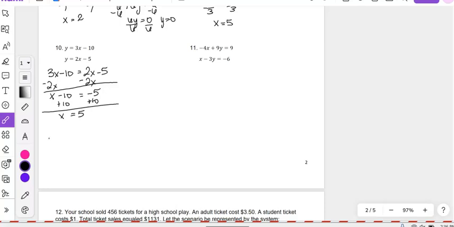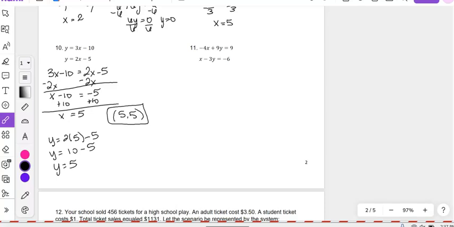So let's do the second equation. Y equals 2 times 5 minus 5. Y equals 10 minus 5. Y equals 5. So it's 5, 5. And then number 11 says